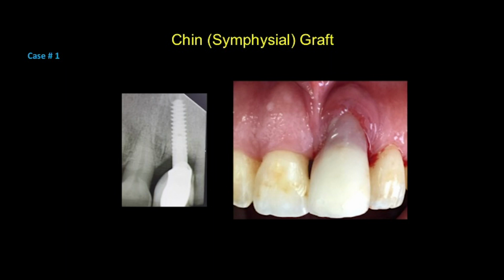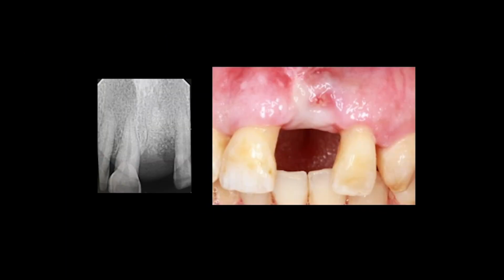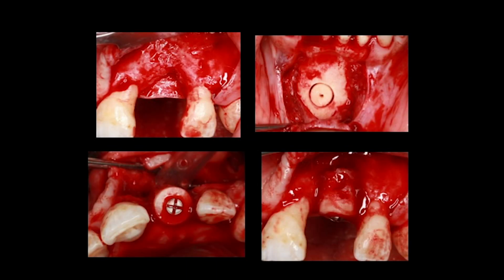The decision was to remove the implant and then augment the site for soft tissue. We left it to heal first, to grow the tissue. So we put the graft at the site of extraction. And then after that, when we opened the flap, we used a chin graft or chin block. We placed it here with 1 screw, and then we put bone graft and a resorbable membrane, and we closed the